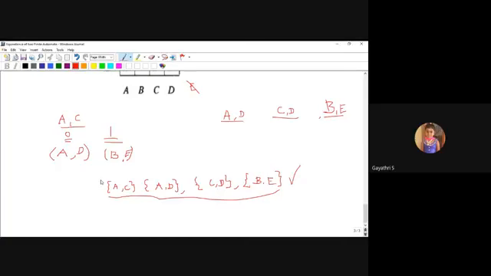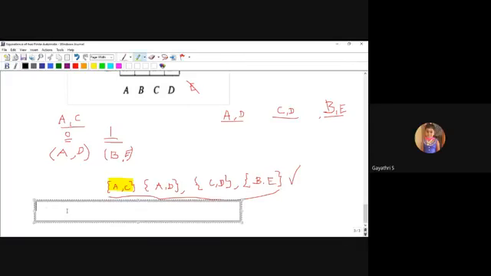In the minimization of automata we check differently, but here we check whether any one of the unmarked pairs is the starting state pair of both automata. Yes, this pair AC, the starting state of both automata, is included here. That is why these two automatas are equivalent. So I conclude that these two automatas are equivalent. This is your textbook method.